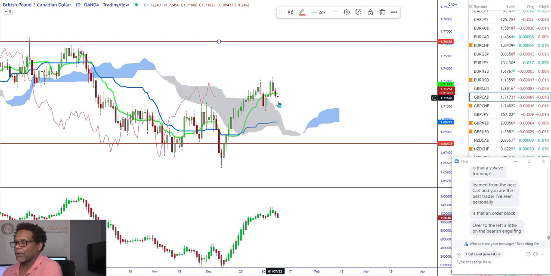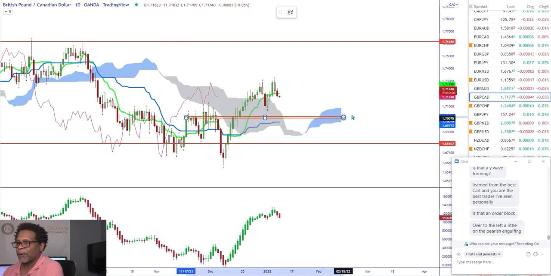All right, you could see supply coming into the market. So therefore, I would be looking for a short. I wouldn't be looking to short this market because I'm going to look for my long, but I believe the market's going to drop. And where are we going to drop to? I'm thinking about these levels right here. This one and maybe here.